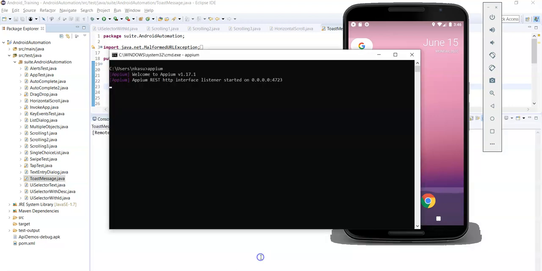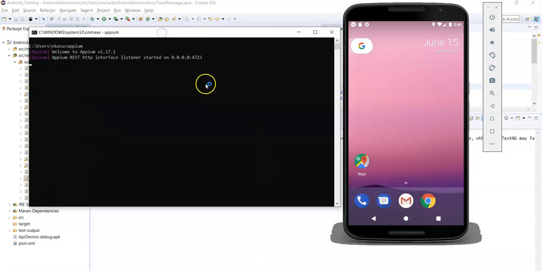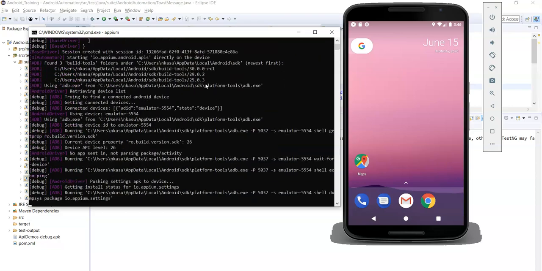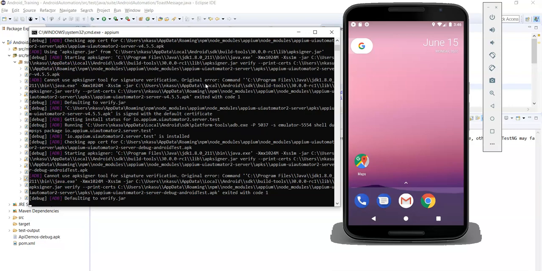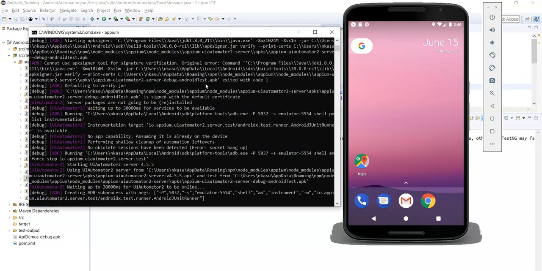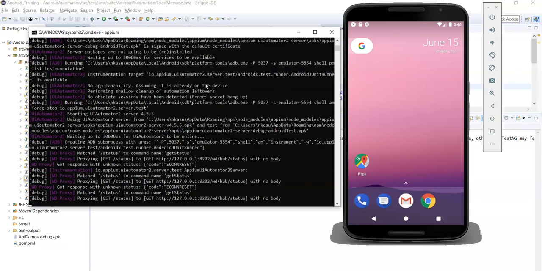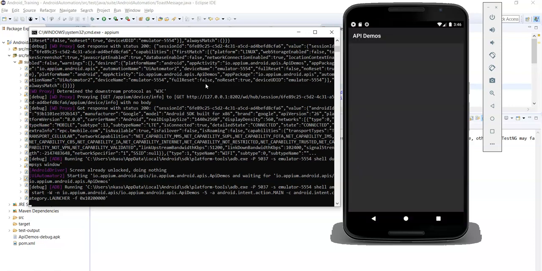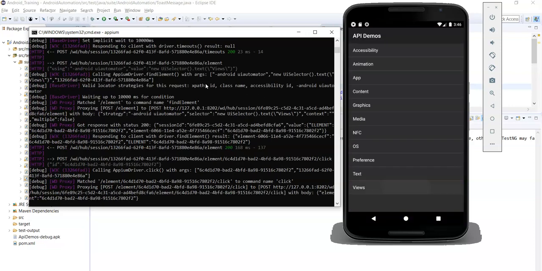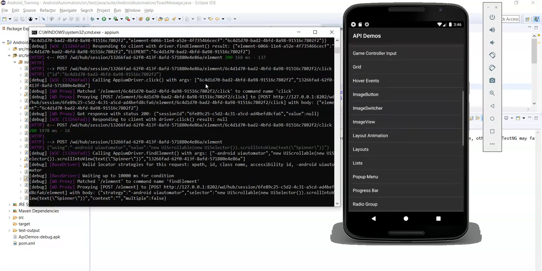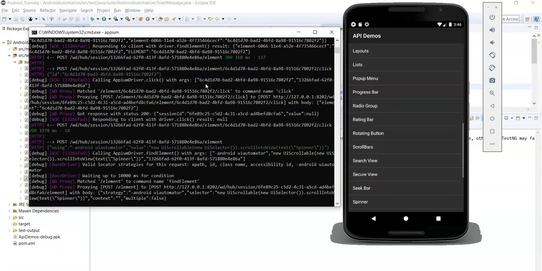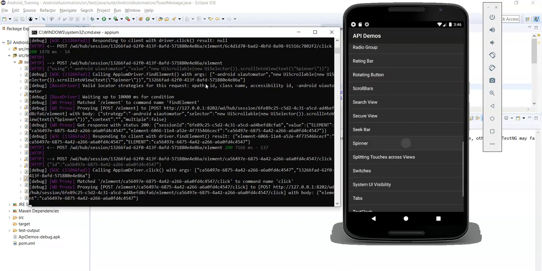You can see here the app got successfully opened and is performing actions. Scrolling down to the spinner.